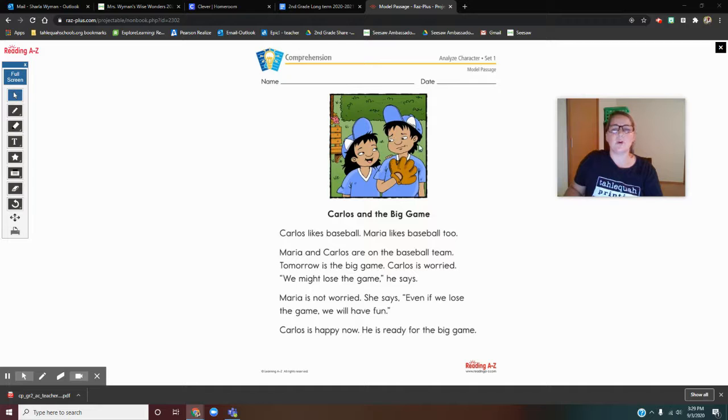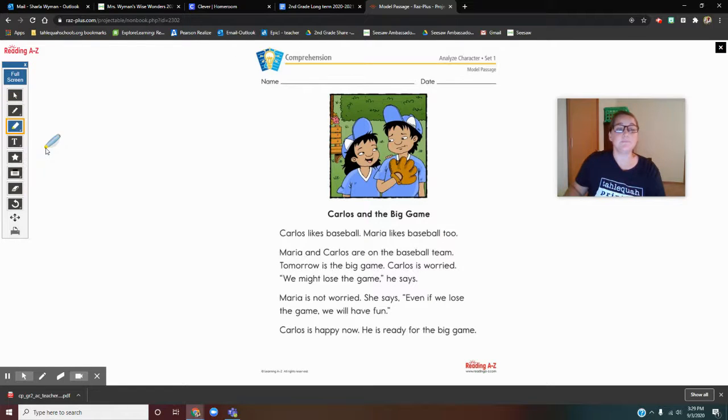So far we know that Carlos is a boy. We know that he is part of a baseball team based on his uniform. We know that he's in some sort of dilemma. His face shows us that he's having some troubles. And then we see this girl sitting next to him, so we can figure that's either his sister or his teammate. So we're going to go ahead and read the story,